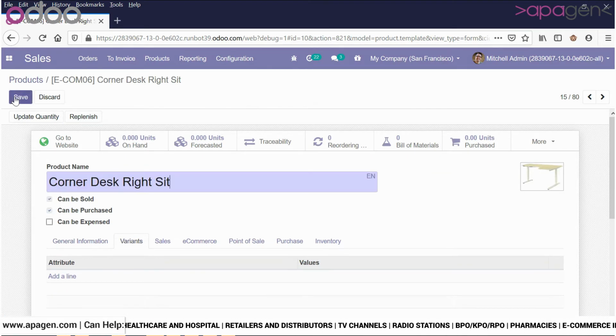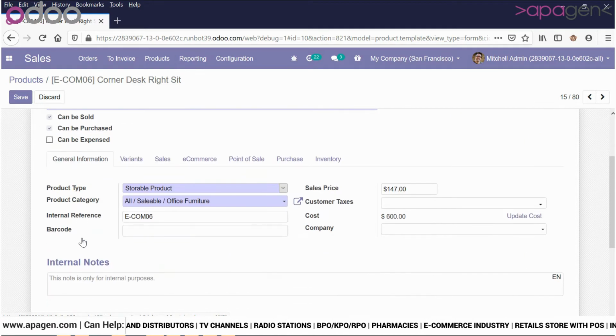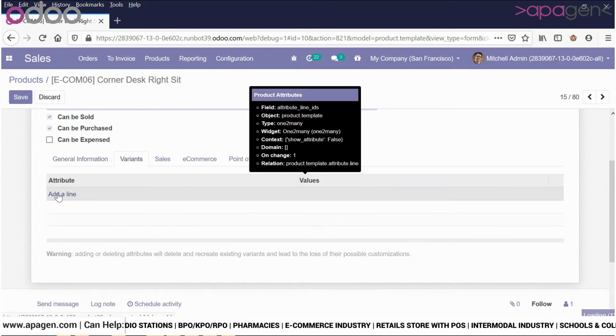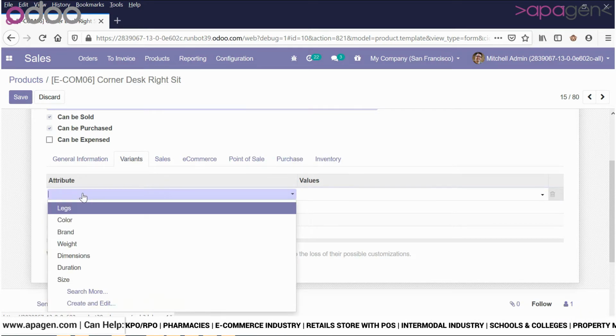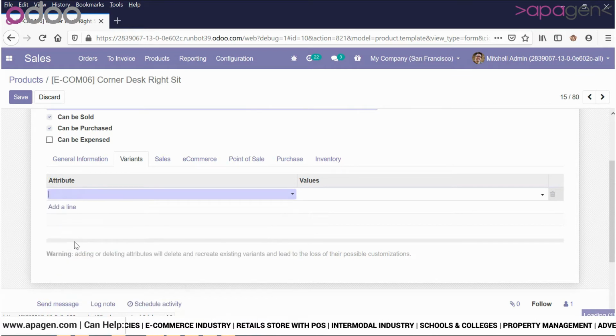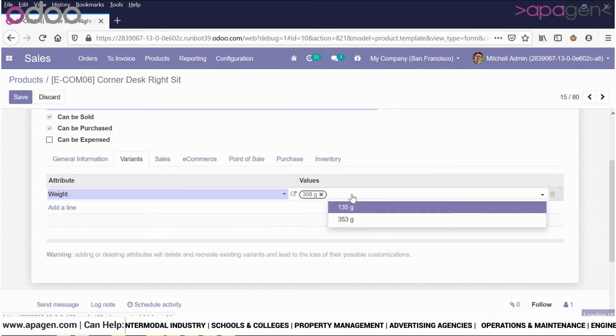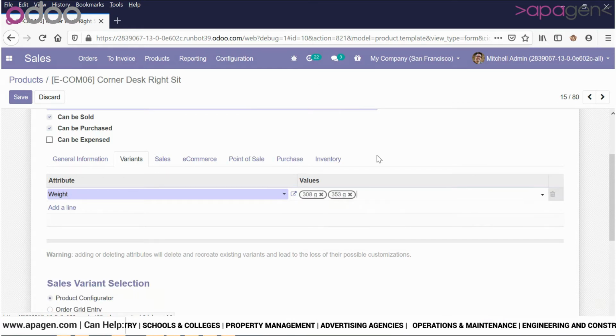So I have a product here called corner desk right sitting. Now under variants, I'm going to choose an attribute which is applicable to this. Let's say I choose weight, and then I choose the values that I'm going to allow. Let's say I'm going to allow 308 grams and maybe 353 grams.